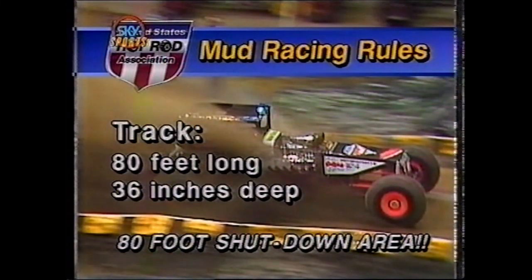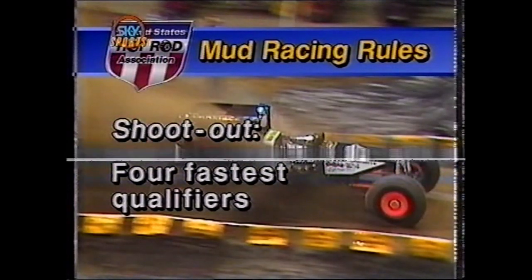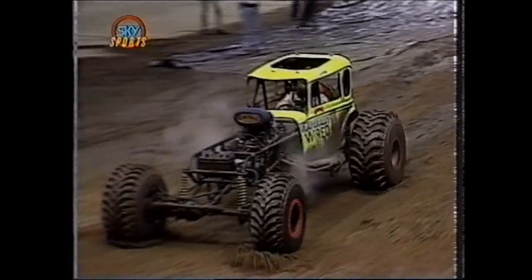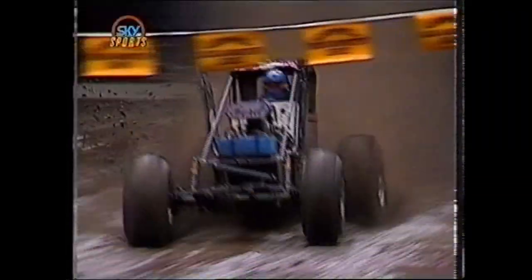foot-long course of 36-inch deep mud with a situation in which the driver must run full throttle across that 80-foot pit and then stop within another 80 feet or risk disqualification. The 4 quickest drivers will qualify for the Camel Shootout, which will determine the overall Super Modified Mud Racing Championship. The beauty of the category is in its diversity, with a myriad of engine types and body styles represented throughout